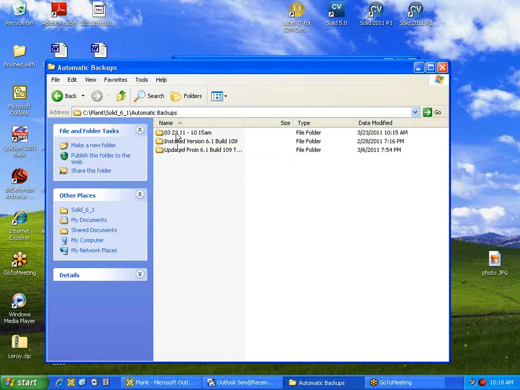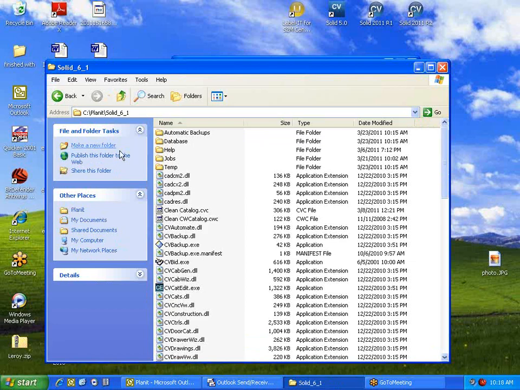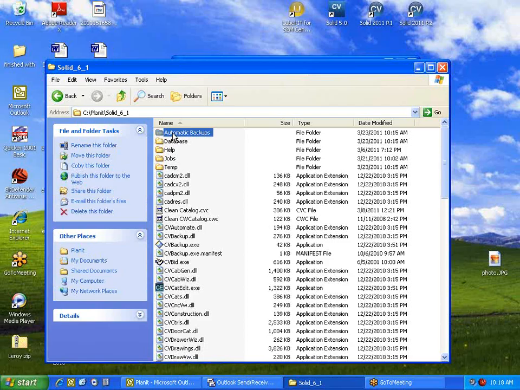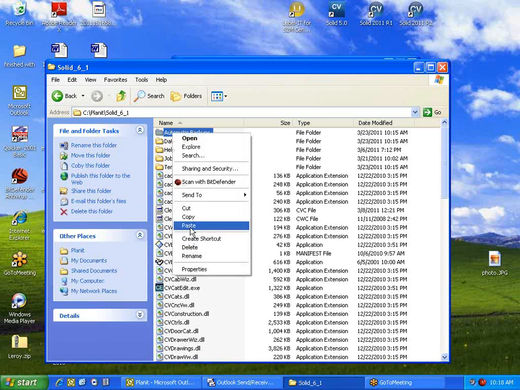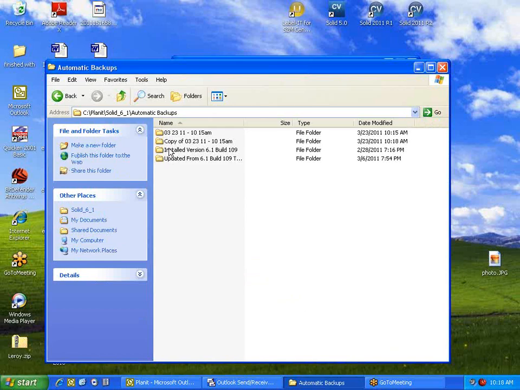Because what you're going to do is copy this folder and then go over to the next machine, the next workstation that you want, and paste that folder right under automatic backups. Okay, so the workstation will now have this folder in here. Once you have that folder with all the good information on the new workstation that needs to be updated,